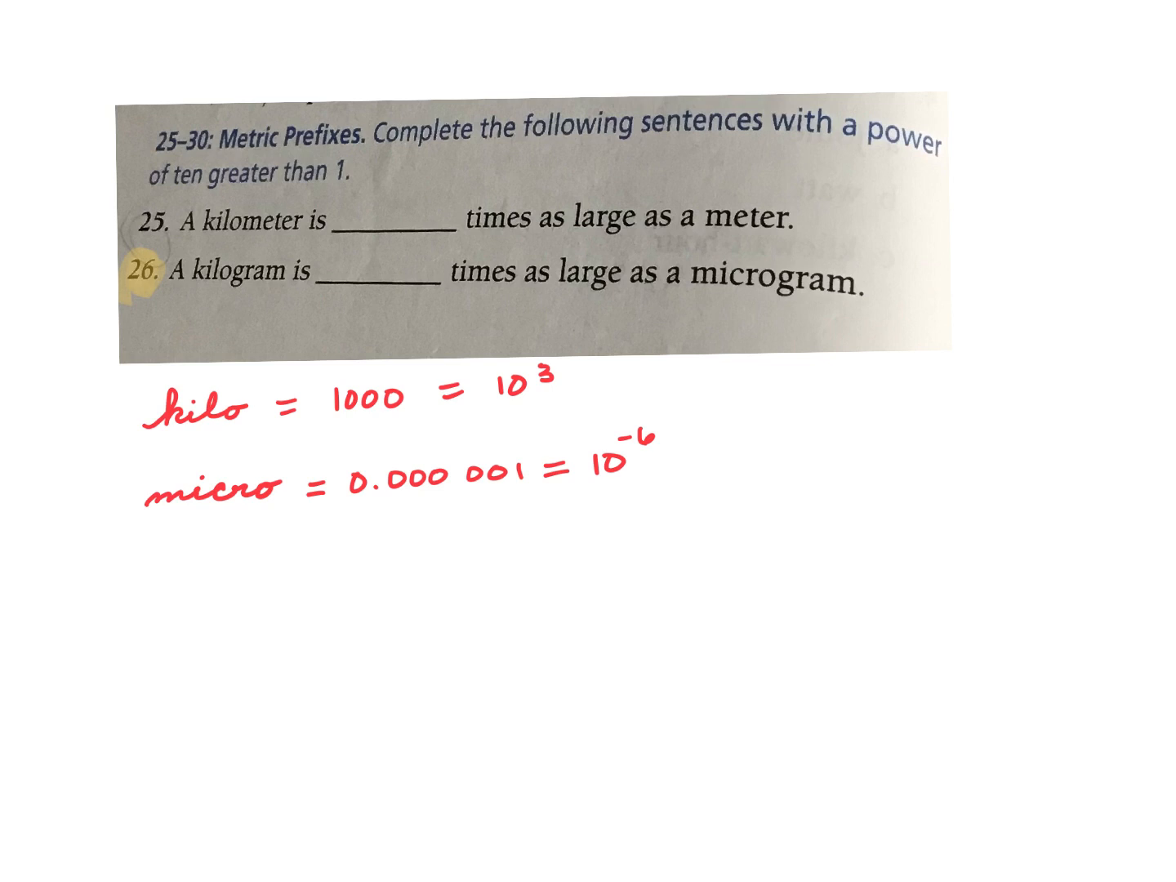You can think of that as 10 to the third. If you have a microgram, you have 10 to the negative sixth grams, or you could think of that as a millionth of a gram. So if you look at the difference between 10 to the third and 10 to the negative sixth, the difference between positive 3 and negative 6 would be 9, right? So a kilogram is basically 10 to the ninth times bigger than a microgram, and that would be 1,000,000,000 times